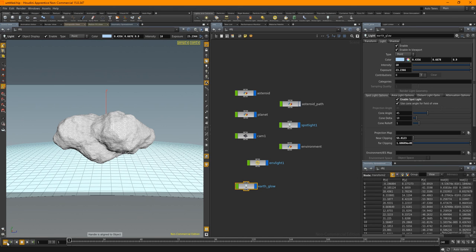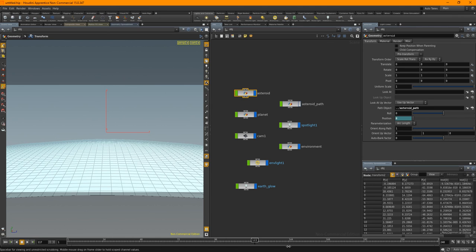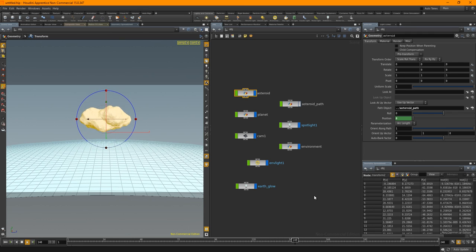So with this, we are on frame 1, so asteroid, set that to 0. I'm going to alt click that, 240, so that's 10 seconds of animation, position 0.99, and then alt left click that, and let's real time it, play once, see how fast it's going past. There is a bit of a lump in that curve, but that's okay.